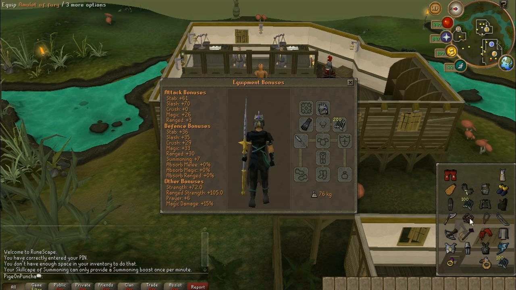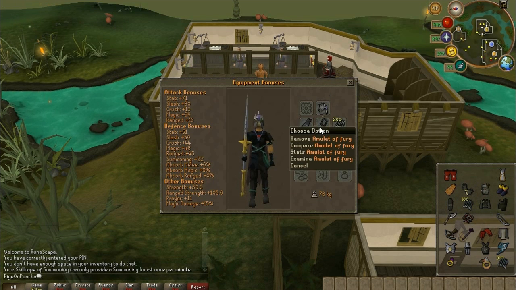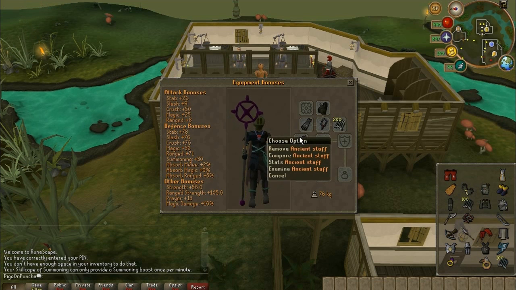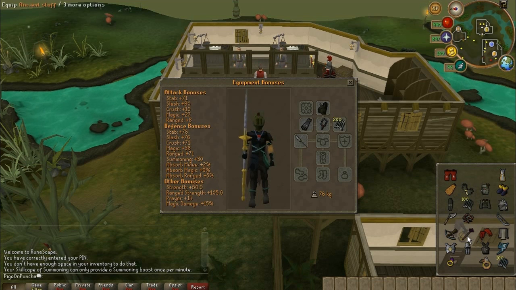For the amulet, I wouldn't recommend taking anything other than a Fury. You can obviously take an Amulet of Glory, but the Fury I find is the best amulet in the game, so I wouldn't really change that. The staff, you can have the Staff of Light, the Ancient Staff, you can also have the Chaotic Staff, the Slayer Staff, or if you're using a God spell, you can take your God Staff,